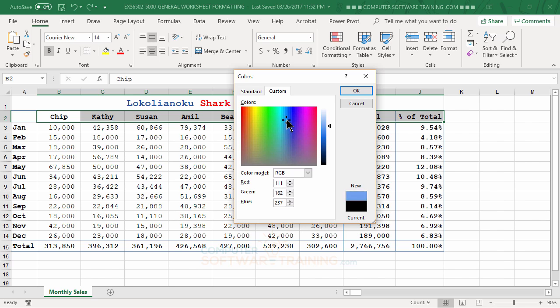And then you might say, well, I like that color right there, but I want a little bit more purple, so I will drag this down just a little bit, and that will give me a little bit more saturation, more of that color in there, right? And you can kind of see your red, green, blue